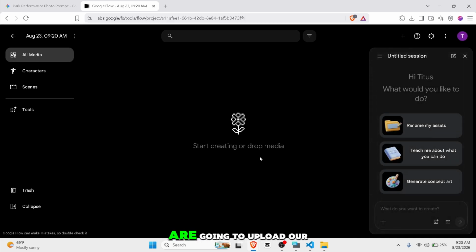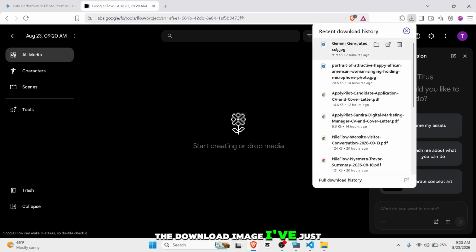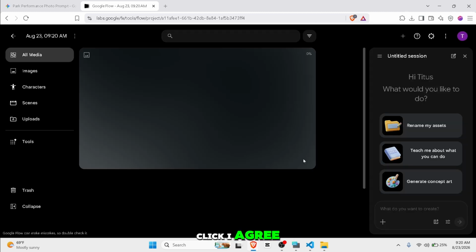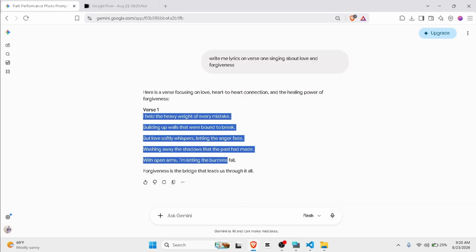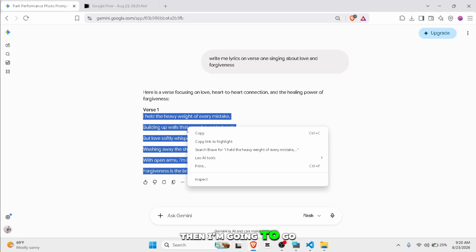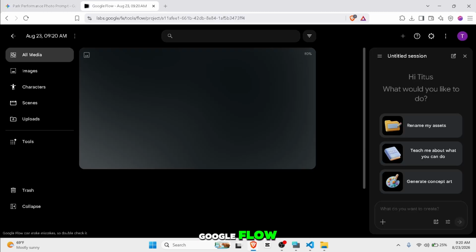Once that screen loads, we are going to upload our image here. Go ahead and look for the image I've just downloaded, which is this. Go ahead and drop it there. Click I agree. And then on the prompt here is where you're going to tell it what you want. So I'm going to copy our lyrics, come to Google Flow, then I'm going to prompt it to